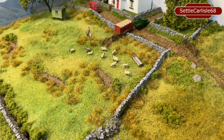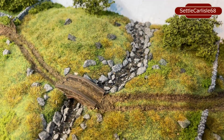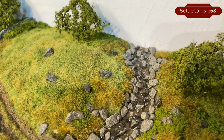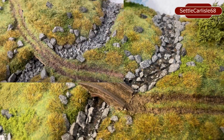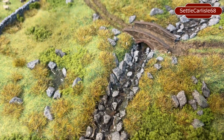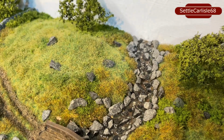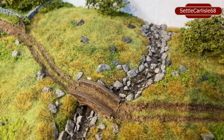Swinging over from the sheep farmer, this has been sort of a monumental task really since March, on and off. So what I basically did is after the March update, I completely ripped out the stream. It just looked like a grey mess really, and I wasn't happy with it at all. So I ripped it out, reapplied a sandy gravel bed, added the stones. So you'll see in the photograph that stage of the stream build, and then I went on to